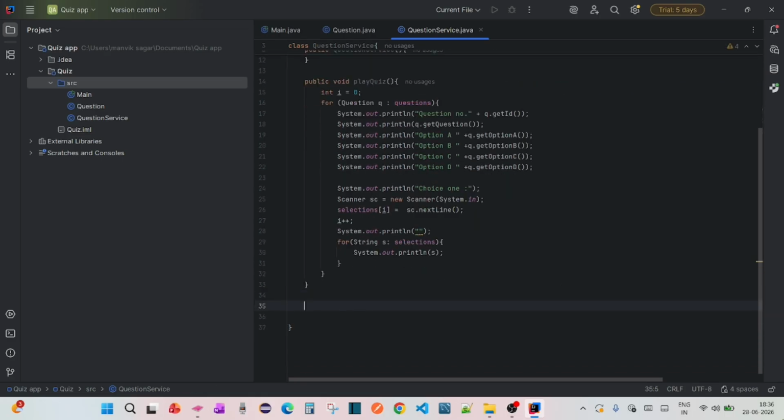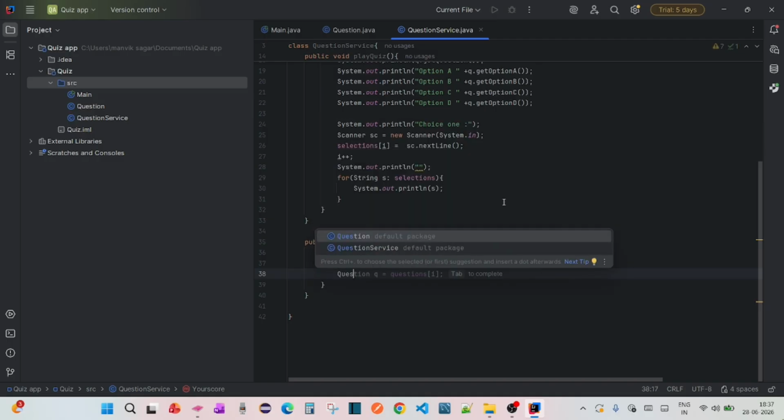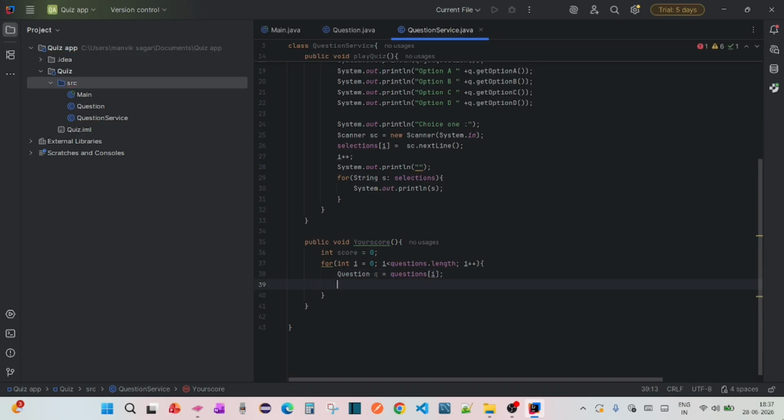So for score we are just creating one another public void score, your score, int score starts at 0, and for that a for loop should be there, int i equals 0, and i goes to the question length. Yes, and in this question q i,